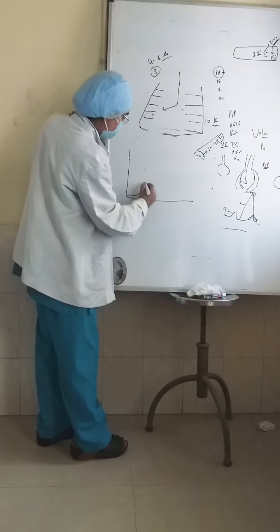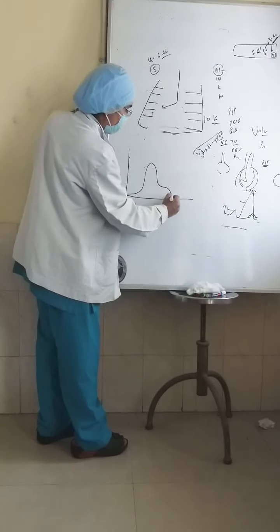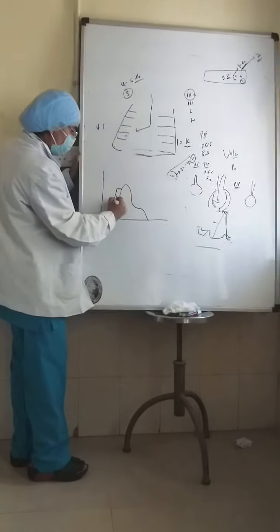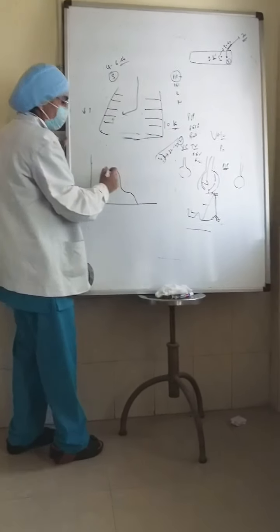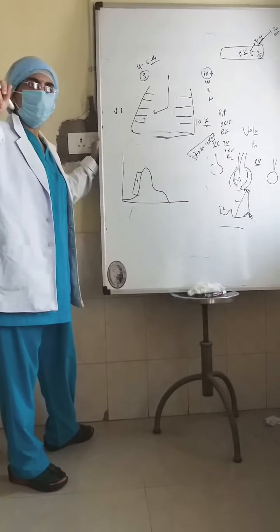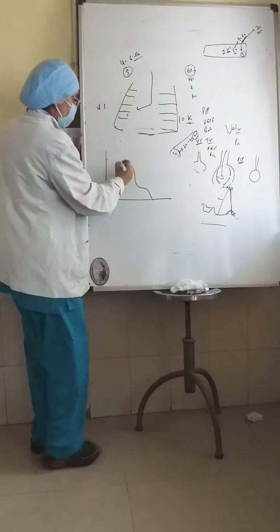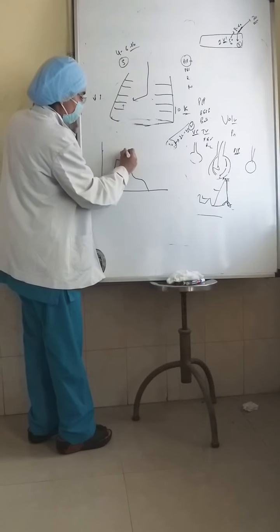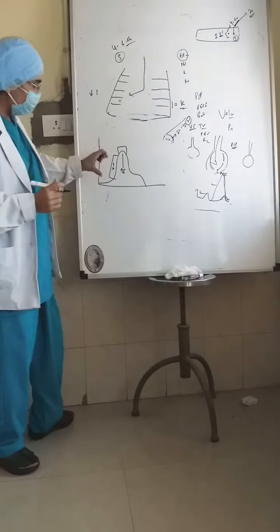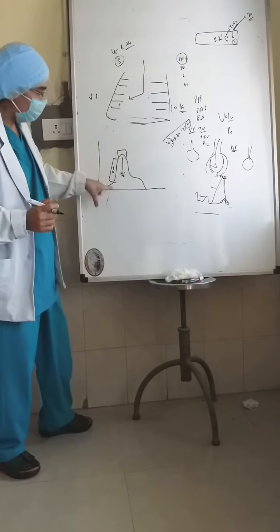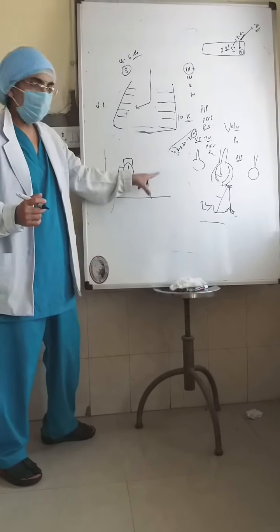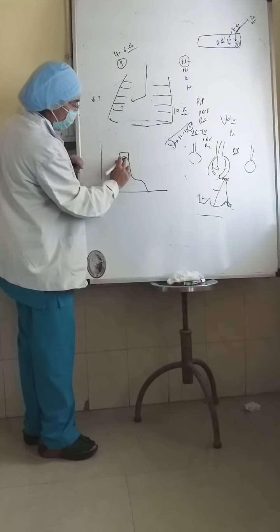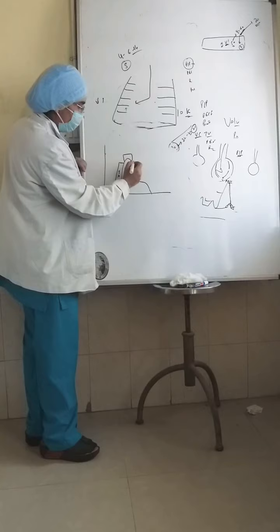Suppose this is the graph of MAP. In this, this is your flow rate. So you can increase the flow rate. In the ventilator, you can increase the flow from 2, 4, 5, 6 like that. Now this is your PIP. We don't work on this more. What is mean airway pressure? Mean airway pressure is the area under the curve. So whatever increases the area under this curve is going to increase the MAP. So one thing is PIP: if you increase your PIP, the area under the curve will increase.